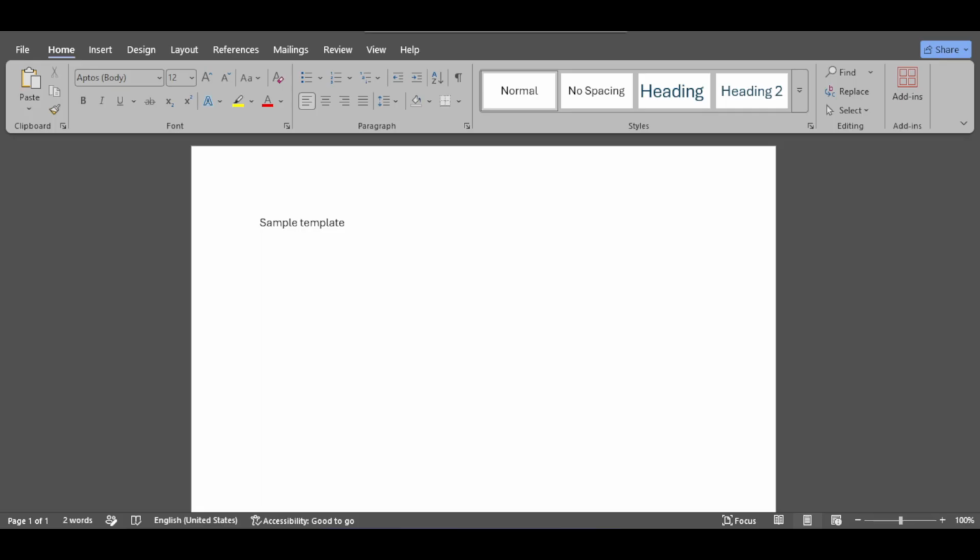Let's dive right in. To begin, open Microsoft Word on your computer. You can start with a blank document or an existing form, whichever suits your needs best. This will serve as the foundation for your template. Start drafting the text of your document, ensuring it includes all the necessary sections and information you want in your